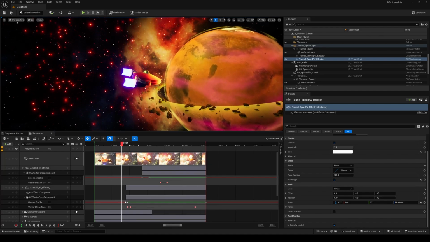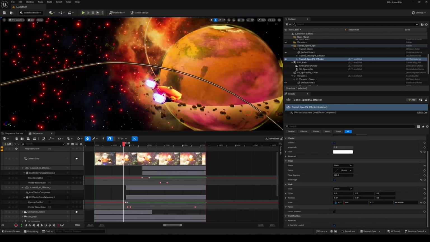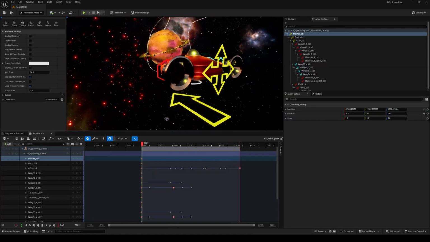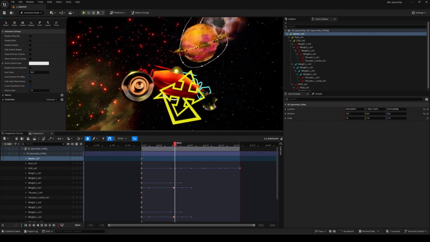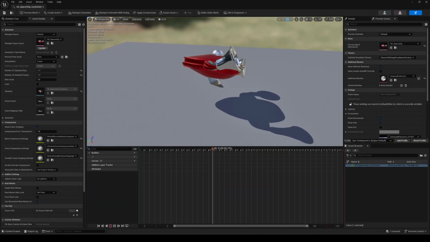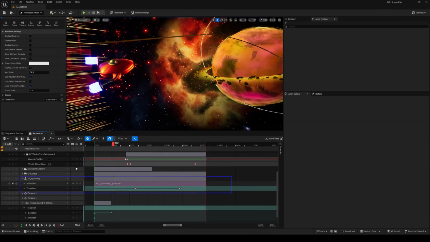Alright, that was the tunnel example. Now let's move on to the ship. As you can see, I used a rig rail to constrain the ship's trajectory and combine that with an animation sequence to bring more dynamic motion. For that, I relied on the same control rig I mentioned earlier, creating a small looping animation that I baked into a sequence. Then I used that in the sequencer to bring a more energetic and fun vibe to the scene, which I think turned out pretty cool.